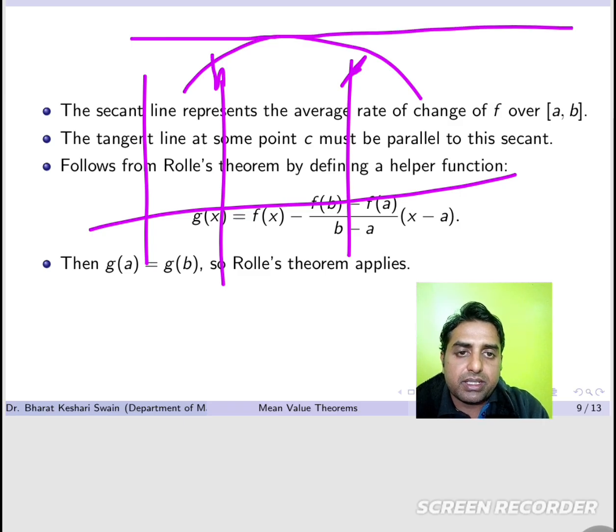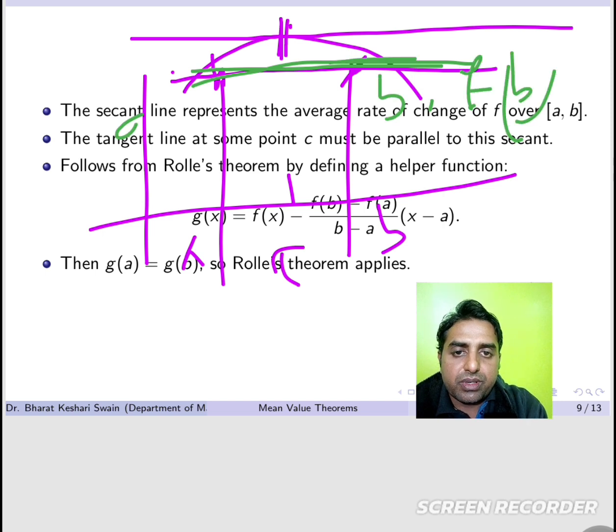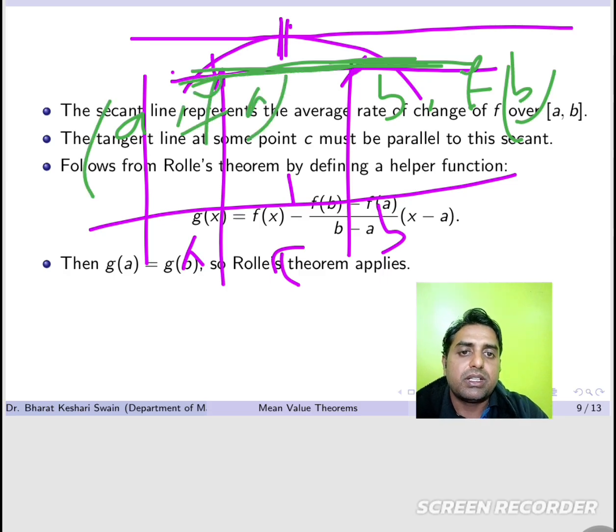So if I draw the line, this is your slope of the tangent at point c. This is your a, b, c. This is the tangent, and it will be parallel to the line joining (a, f(a)) and (b, f(b)). This is your (b, f(b)), and this is your (a, f(a)). Okay, now